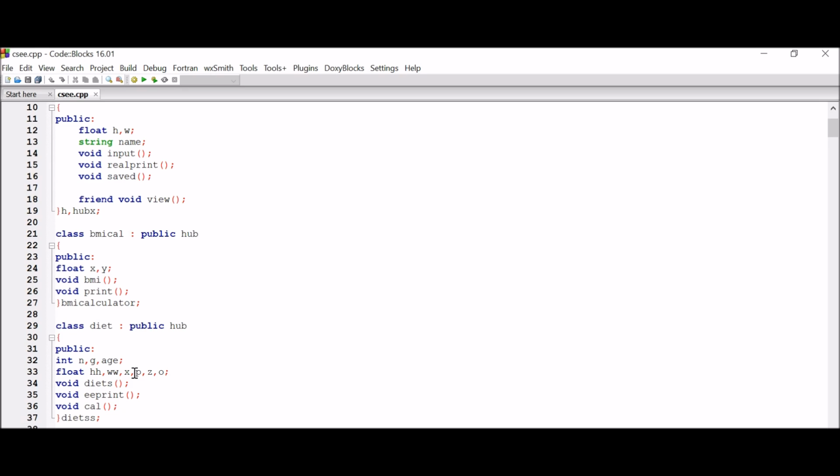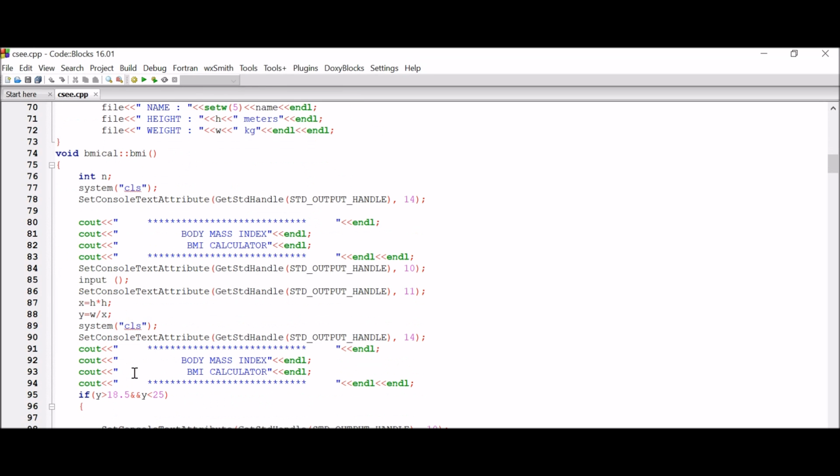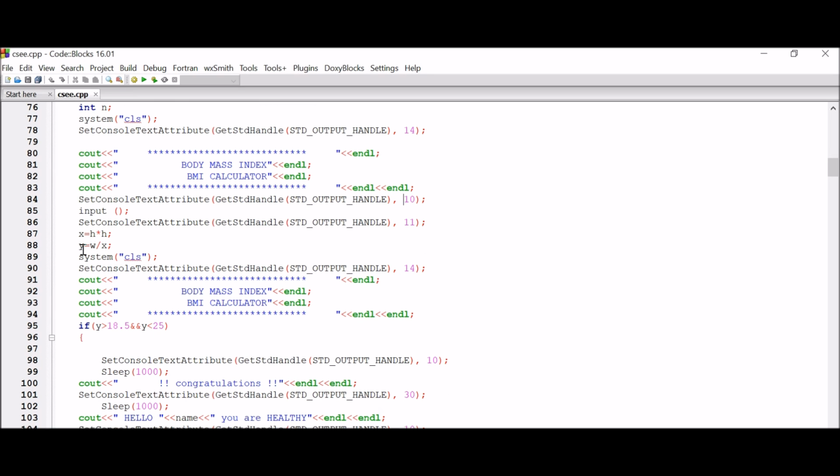In x, it is going to store the square of height. In y, it is going to store w, the weight, divided by the square of height, because the formula of BMI is weight in kilograms divided by the square of height. So the square of height is stored in x, and in variable y we get the output: weight divided by the square of height.